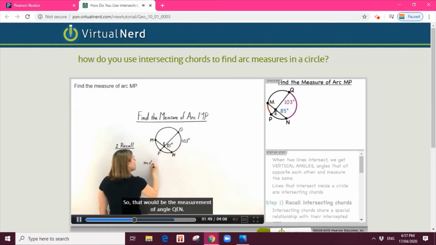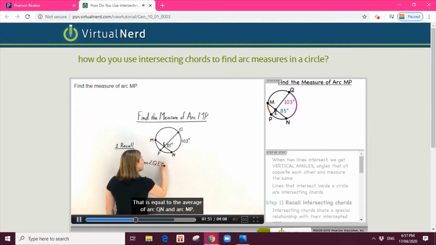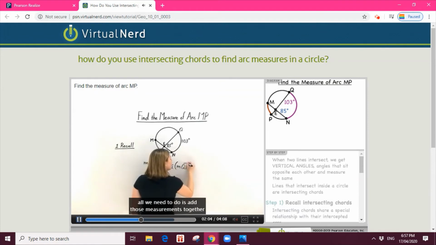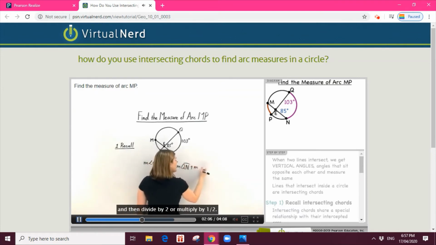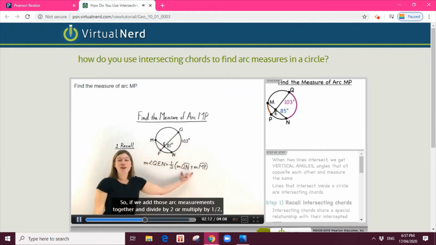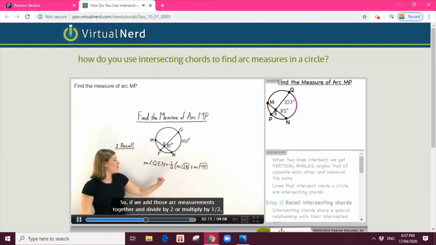So that would be the measurement of angle QEN. That is equal to the average of arc QN and arc MP. Well, since there's only two arcs, to take the average, all we need to do is add those measurements together and then divide by 2, or multiply by 1/2. So, if we add those arc measurements together and divide by 2, or multiply by 1/2, we'll get the measure